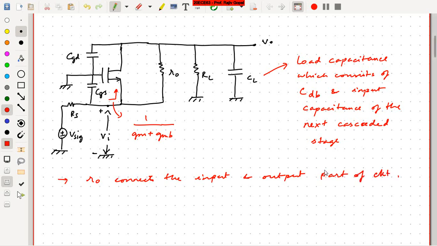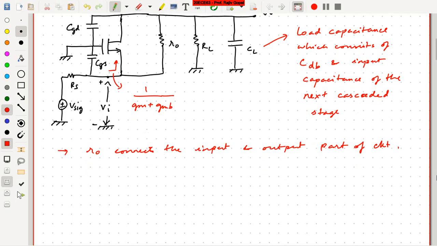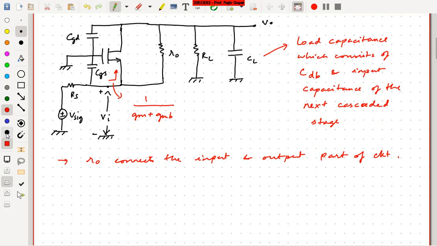If you look here, the input is given at the source side and the output is taken at the drain side, right? So R naught is the one element which connects the input and the output. So essentially, if I want to do an accurate analysis of R naught, I have to consider Miller's theorem for R naught, right? But I'll take the easy way out and not consider R naught, just for the sake of it. First case is, I will not consider R naught.